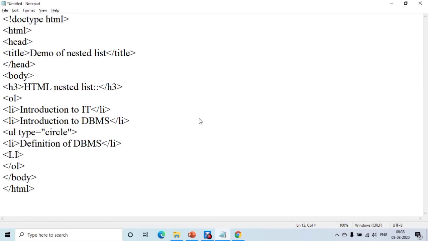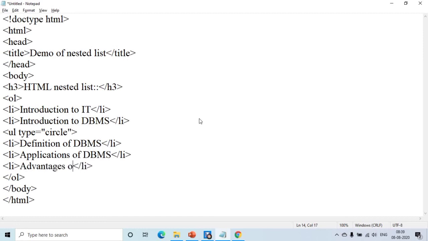Again li tag start and end. Within that add another text, suppose applications of DBMS, and add another list item, suppose advantages of DBMS.